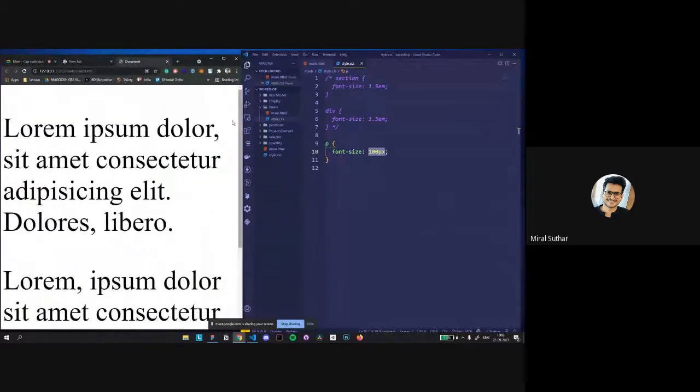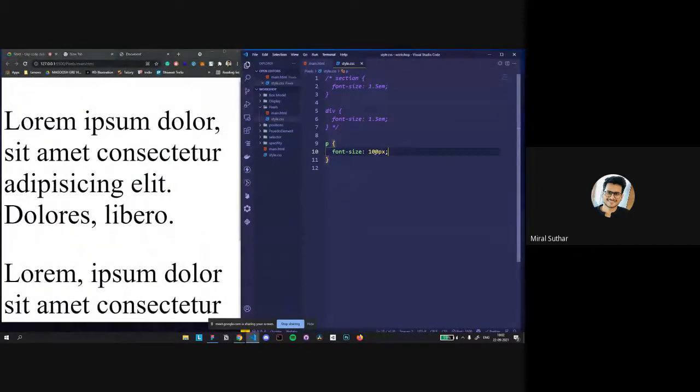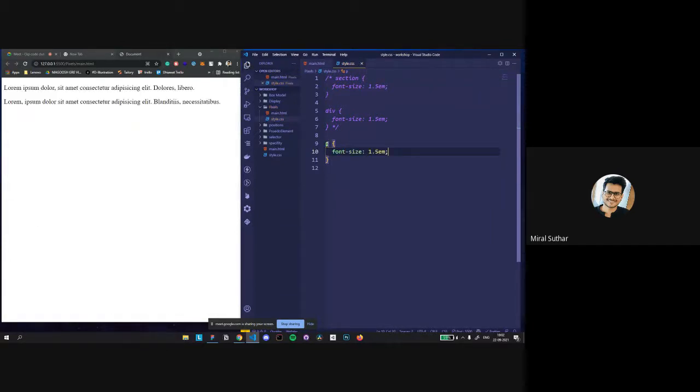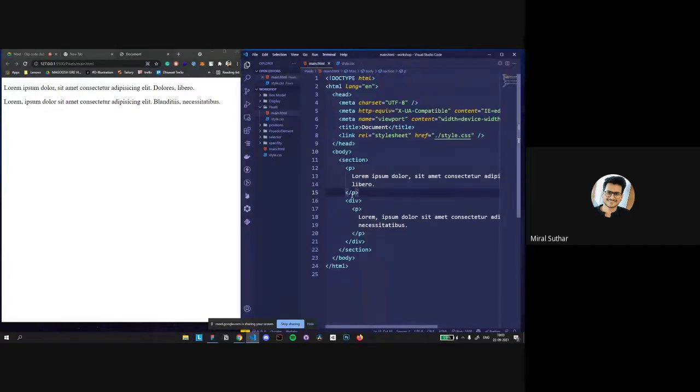So what we can use besides pixels is EM. What does EM do? It gets the size from its nearest parent element, like this p tag has a div as its nearest parent element, and the div has a parent element section.